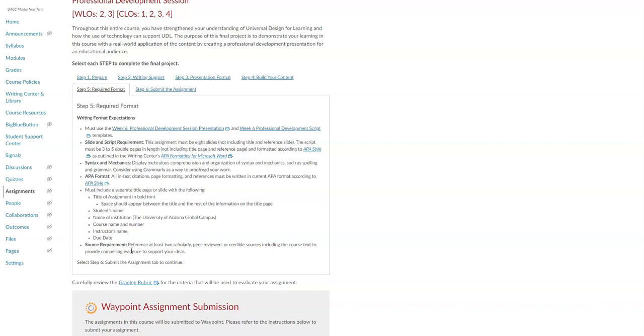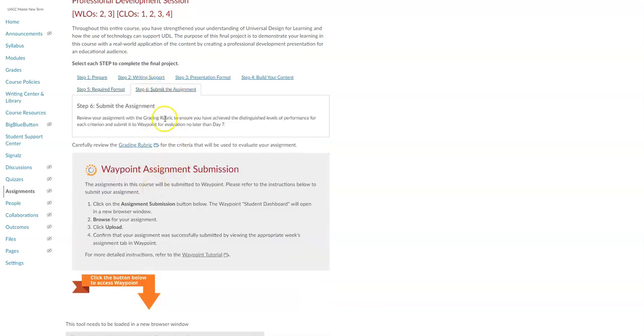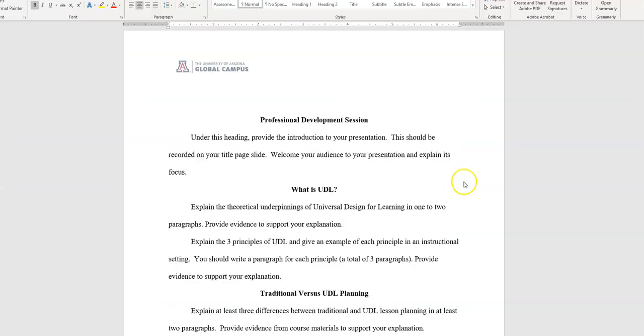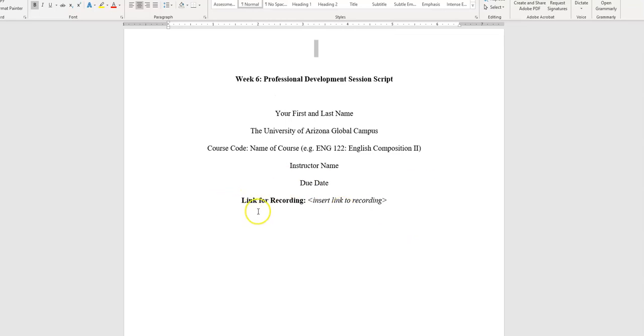To submit your final assignment, you're going to provide a link to your recording in your script and then submit to Waypoint. So if it's not already included, insert the link for recording information here on your title page.